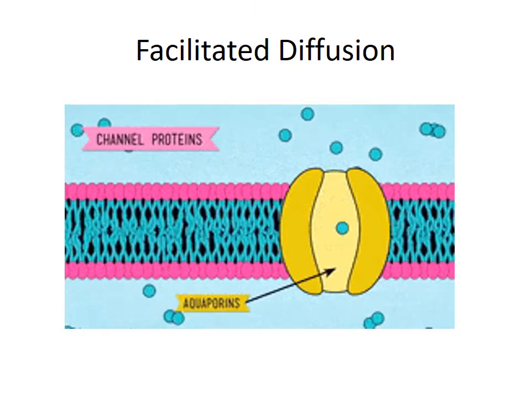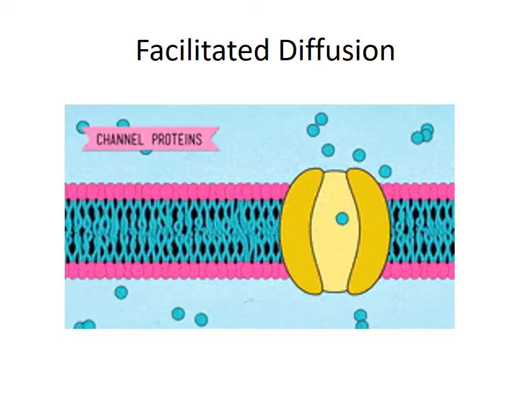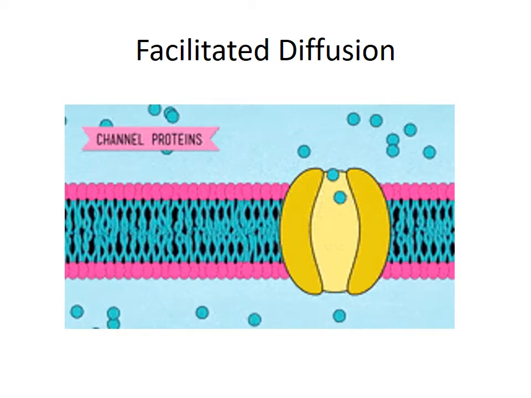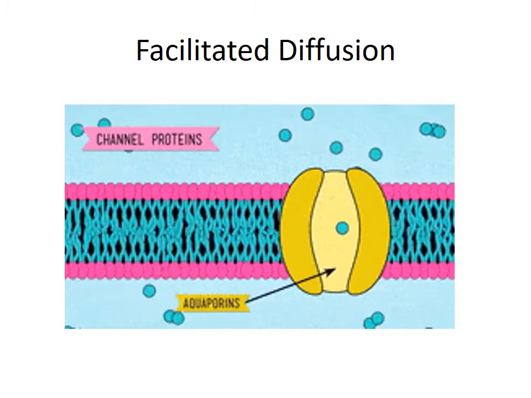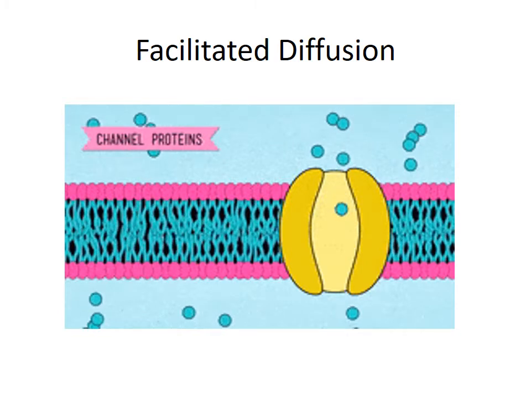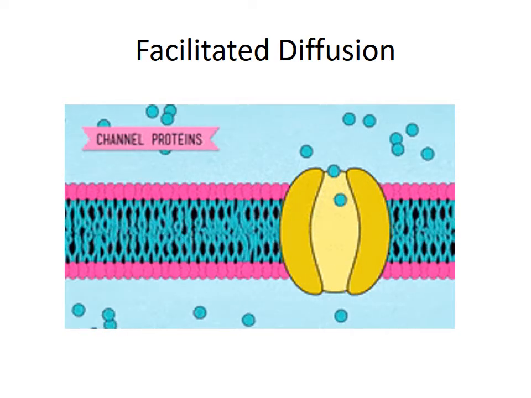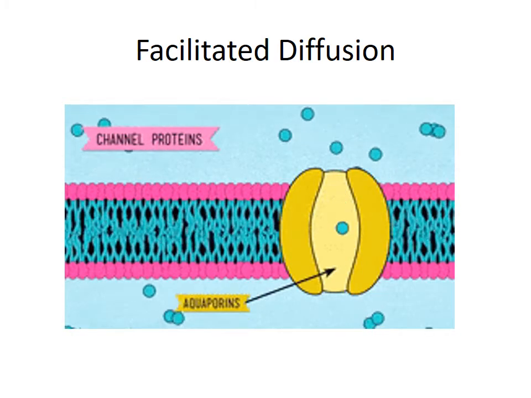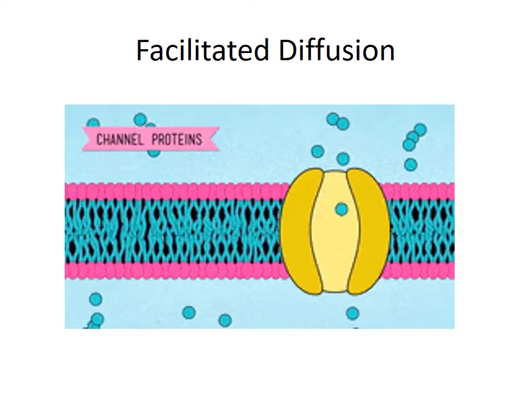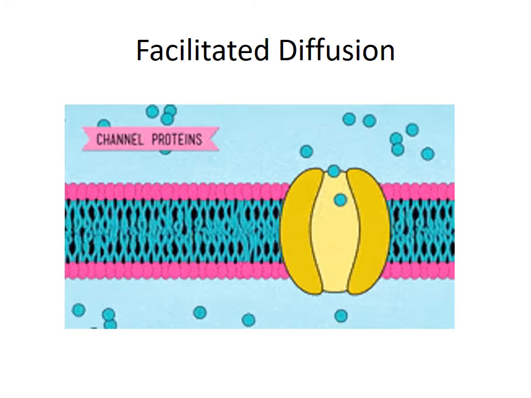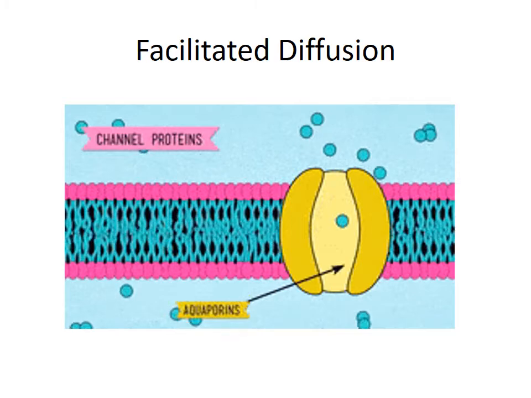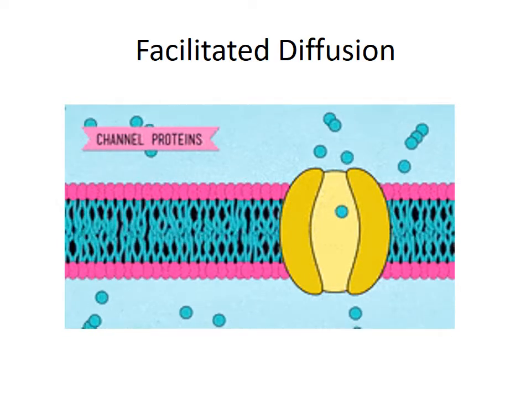An example of this facilitated diffusion is facilitated osmotic diffusion. If a lot of water needs to get through the membrane all at once, it may need to pass through a channel protein known as an aquaporin. These are basically for massive passive diffusion, but it is also considered facilitated. So the water has to use a door, basically, because there are too many water molecules going through at once. There's still no energy required, so you can see that the water is simply flowing